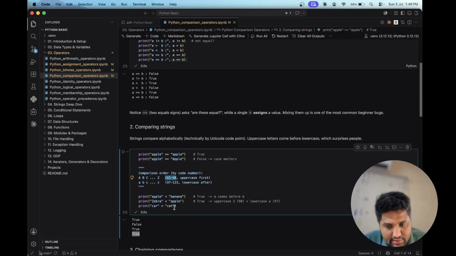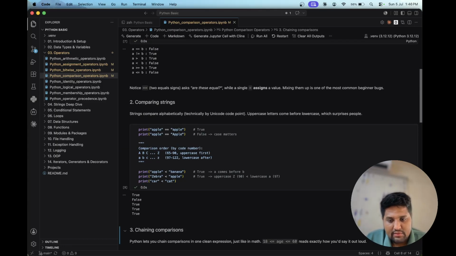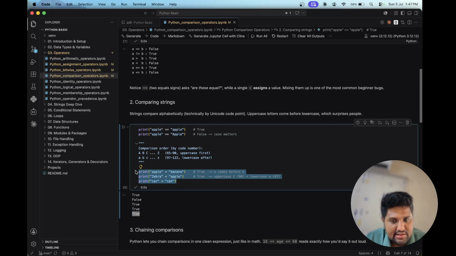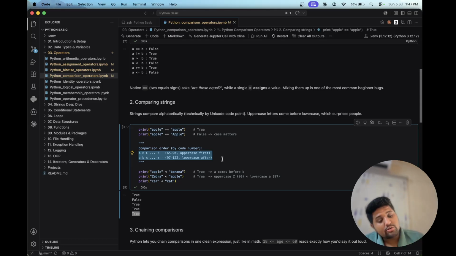Okay, and these are lesser than T. Okay, then it returns true. That's it. So this is the cycle of how it's checking lesser than and greater than numbers. This is the ASCII range for capital A to capital Z, and small a to small z. Okay,